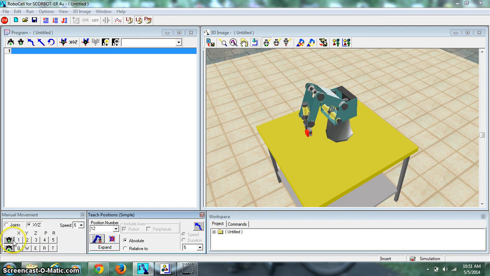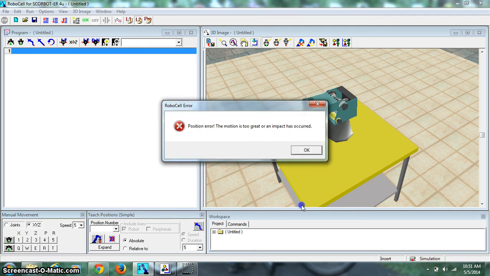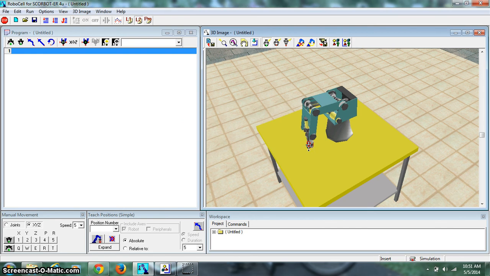Now I'm going to drop it straight down. Let's see what down does here. ZE, I think, will move us down. I'm going to move down until it crashes into the table. It gives me a warning. Right there. Hit OK. So I moved to Z. E took me down. I've written it down on my paper right now. And I'm going to call this position number 2. Record. The reason why is we'll say 1 is right here, 1, 1 is elevated, 1, 2 is elevated, and